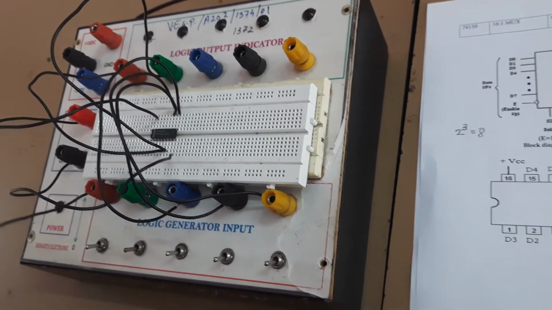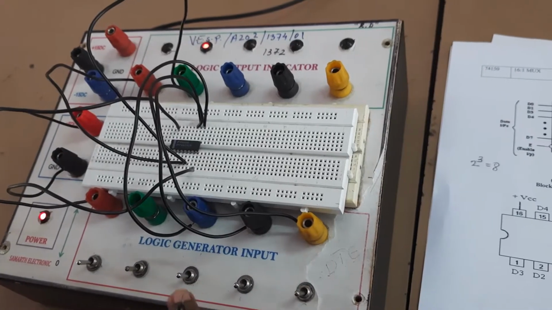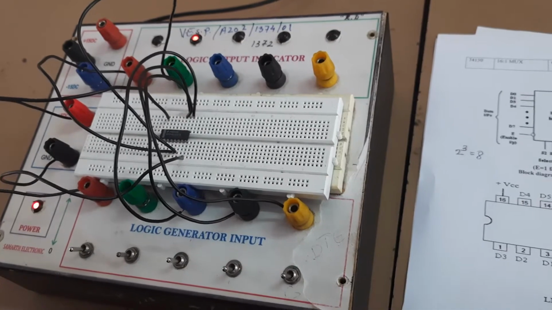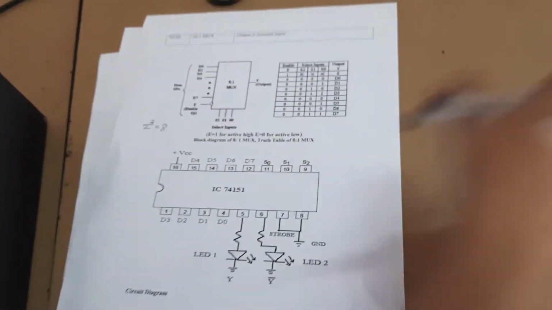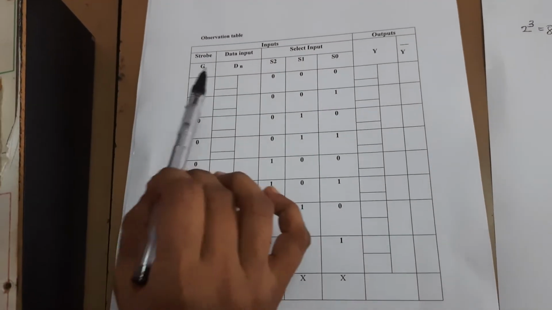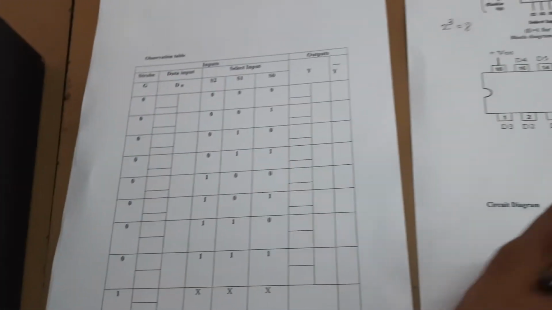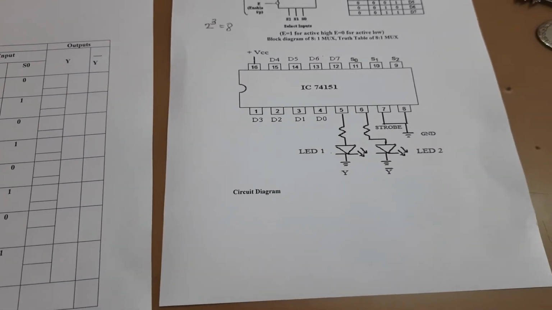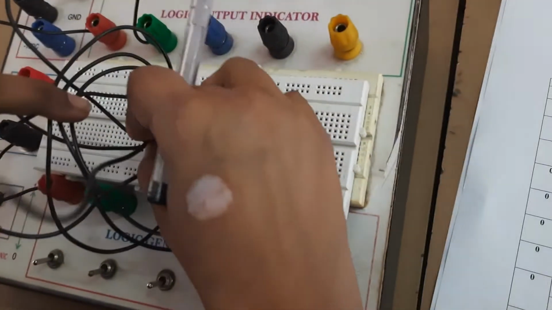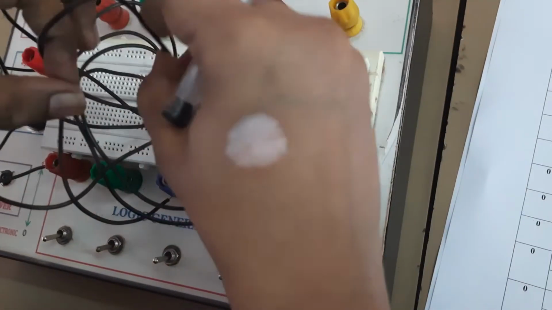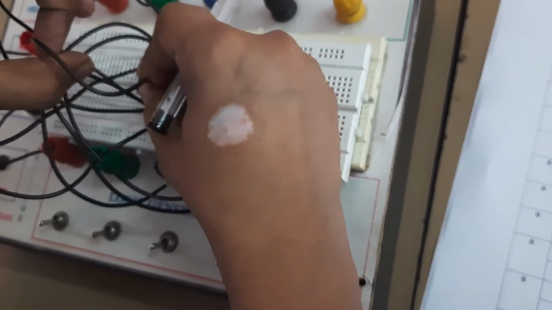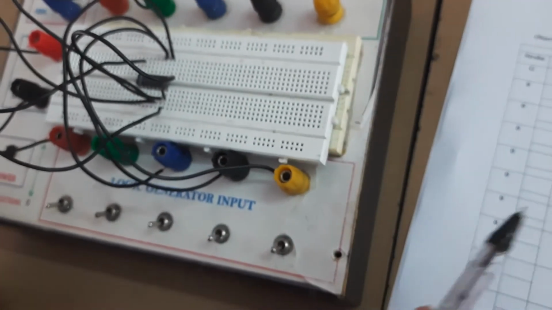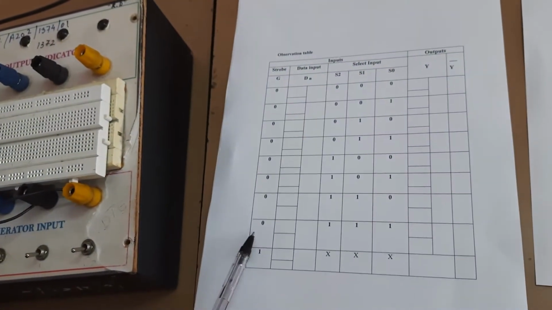This is the data input. Now see the truth table. In this one, the strobe input should be connected to ground. So pin number 7 is first connected to ground, that is pin number 8. So these are shorted, meaning we enable this chip. So the strobe input is 0.